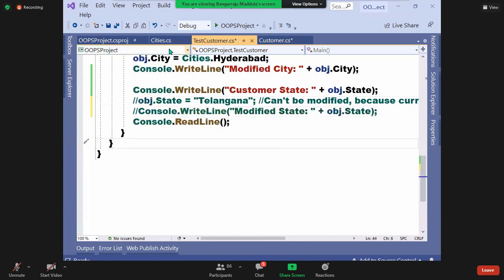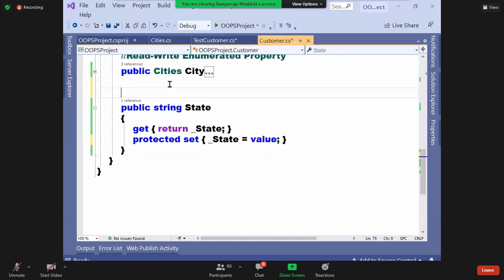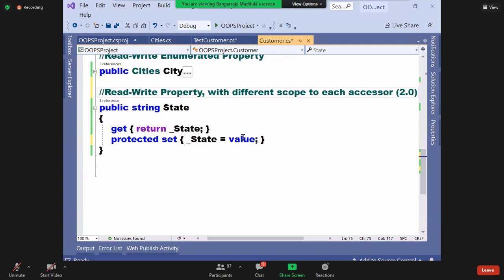Understood all of you? So this is a feature which was added in C# 2.0. So guys, remember, this is also a read-write property with different scope to each accessor, introduced in the 2.0 version.